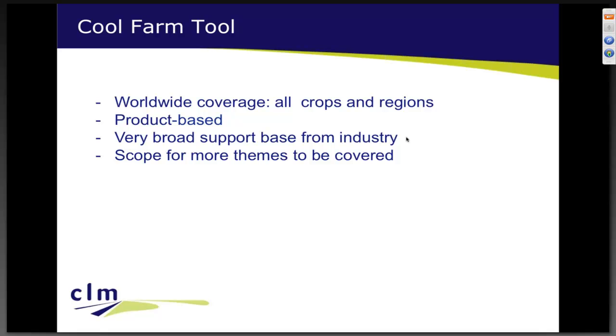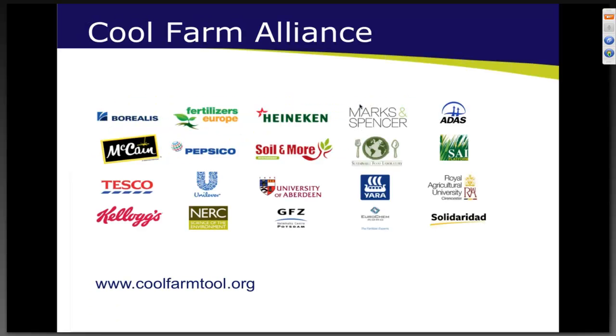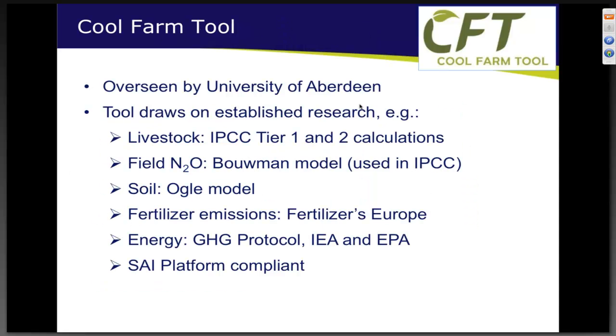It's got broad support from industry and an NGO and science, and it's going to be more than just a carbon calculator. This is at the moment a Cool Farm Alliance, several food companies, several academic institutions, and Solidaridad at the right bottom is an international NGO doing a lot of positive work. This is a broad basis. This makes sure that this thing is put out there. It's been used by thousands of farmers already in test phase, from Russia to down in Brazil. So I think this one is here to stay.